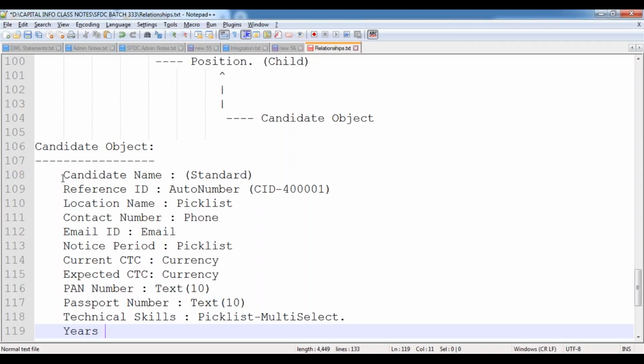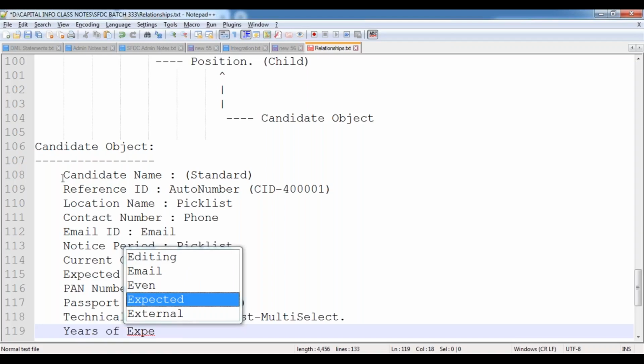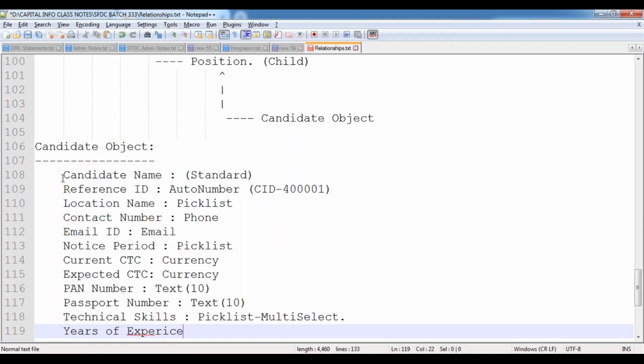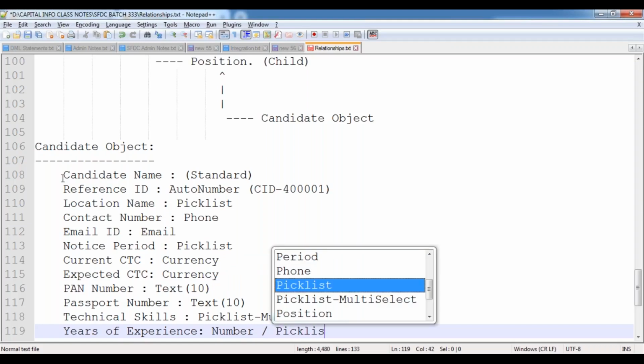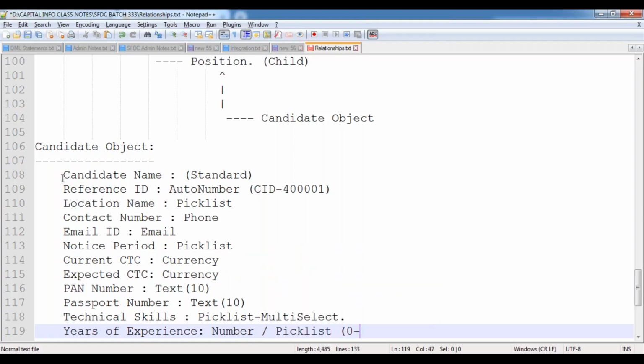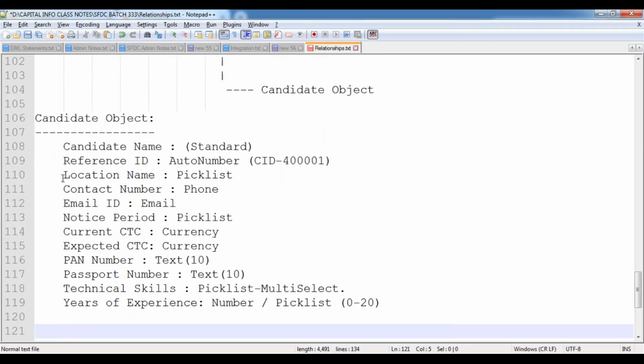And then years of experience: how many years of experience he has right now. For that I would like to have a number field, or we can use a pick list where we populate the values 0 to 20, not more than that. So these are a few fields I would like to have as part of my candidate object: the candidate name field,